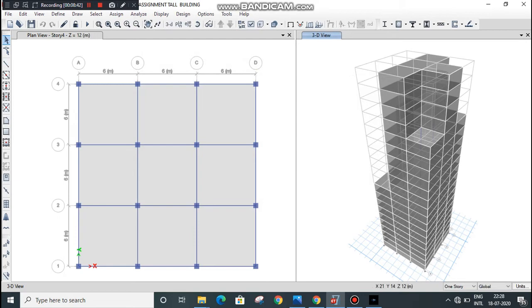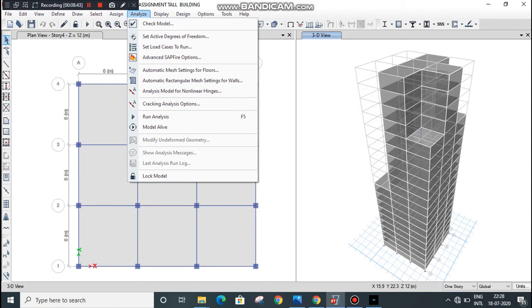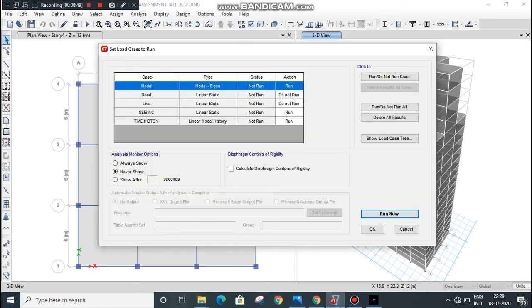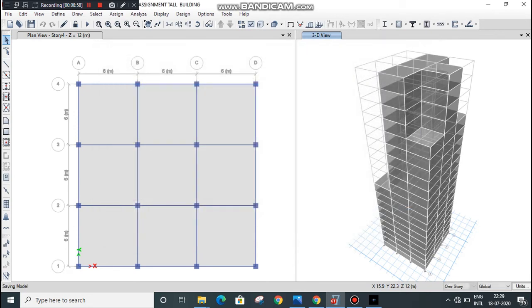Now we will analyze our model. Go to analyze and click on set load cases to run. Dead load, live load, select as do not run case. Click on run now.